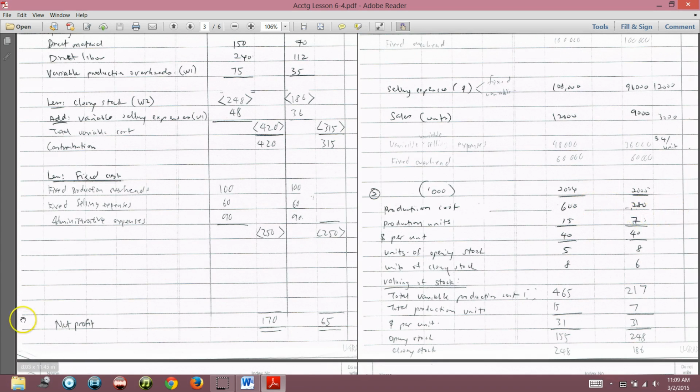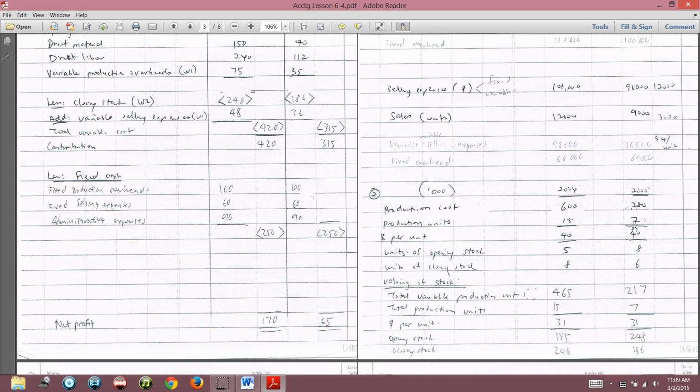2005 it is 280,000. You take 70 plus 112 plus 98, which is 280,000. All these figures are in thousands. The production unit is 15,000 for 2004 and 7,000 in 2005. So that means